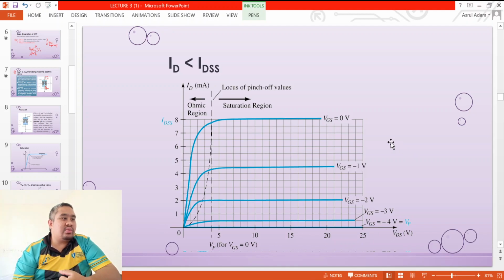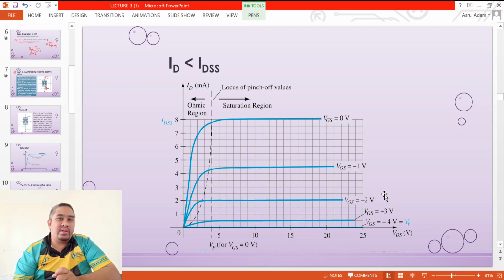On this slide, what happens when we vary the value of VGS. At first, as you can see, what happens when our VGS is 0 volt. This is the ideal case, and then we have a VP here. VP means our VDS starts at the saturation level, and then we have an IDSS here. Then we vary the VGS value to -1. So our VP becomes a lower value compared with VGS equal to 0 volt.